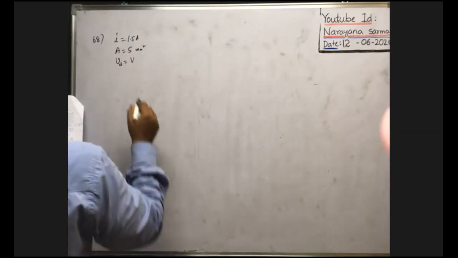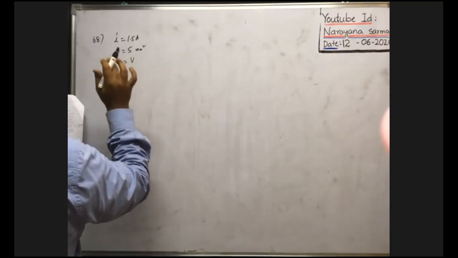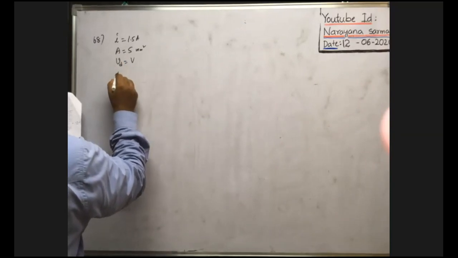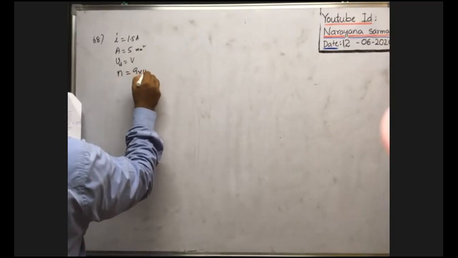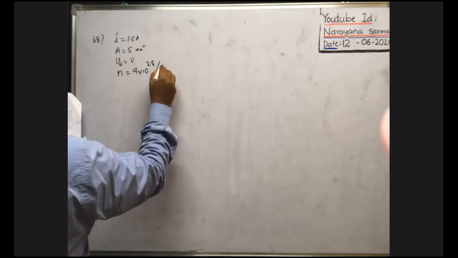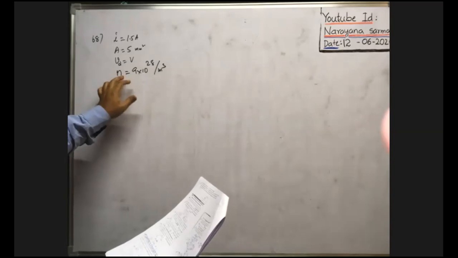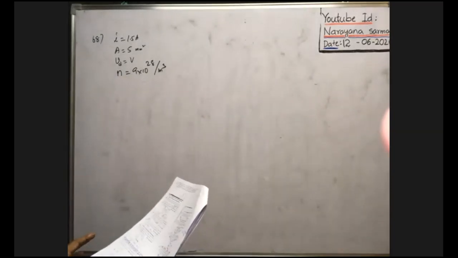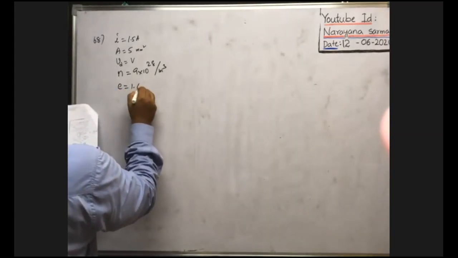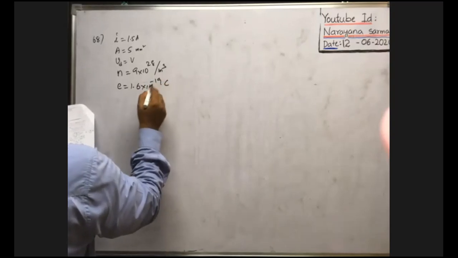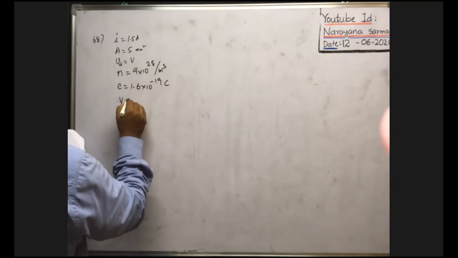If the electron density of copper is given per meter cube, that means number of electrons per unit volume, that is the density of the free electrons, represented with small n, which is equal to 9 into 10 to the power of 28 per meter cube. Number of electrons per unit volume is the concentration of free electrons inside the conductor, that is n, that is given directly. Okay, now charge of electron is given. e, charge of electron, is equal to, in magnitude, 1.6 into 10 to the power of minus 19 coulomb. Then what is the value of drift velocity of the electron in millimeter per second?